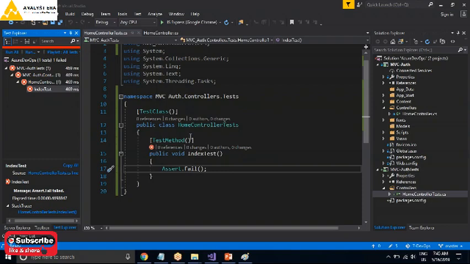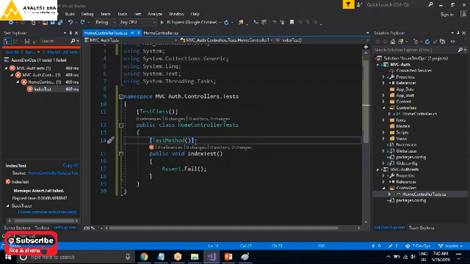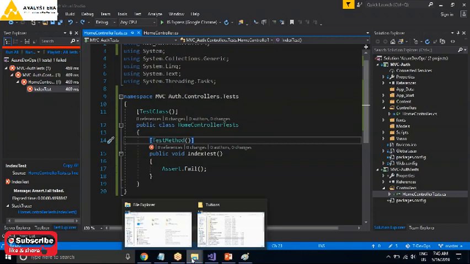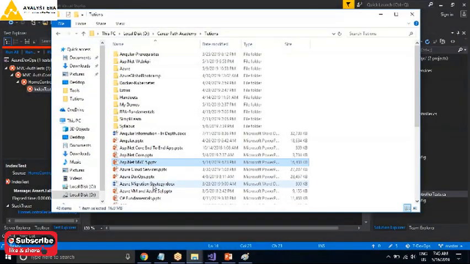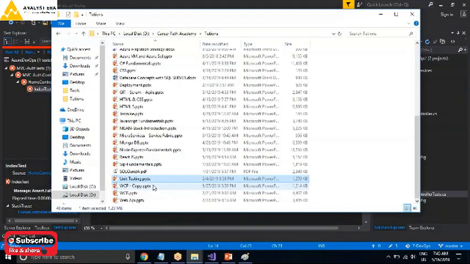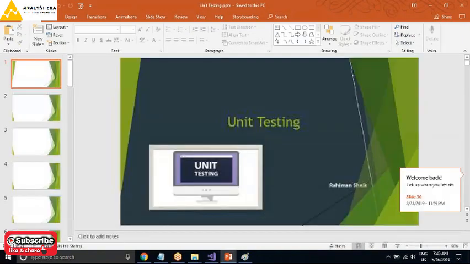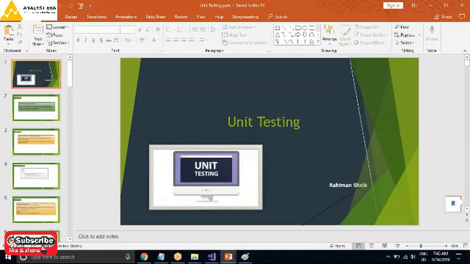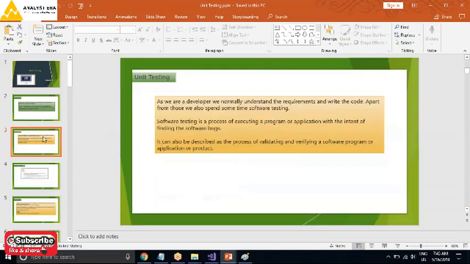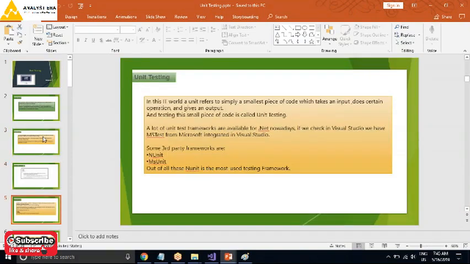Yeah, so that's your unit test cases. If there is something here, let me just see if I need to highlight something. So whenever you're testing